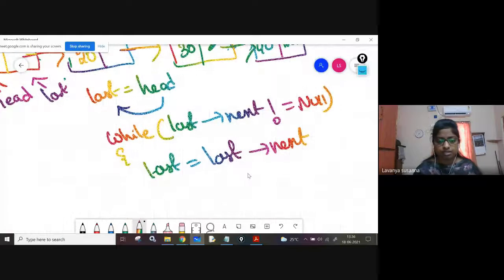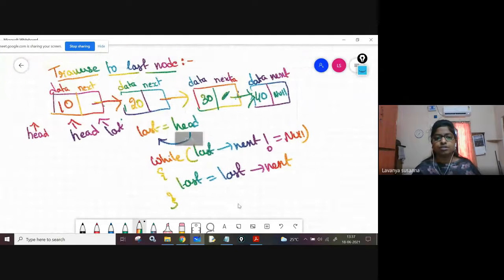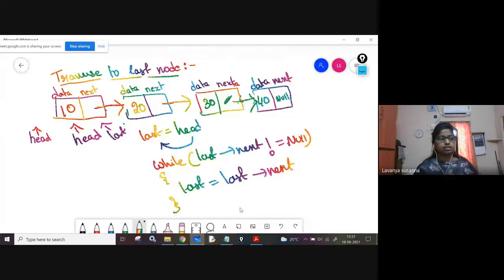This is the logic to traverse to the end. I'm explaining part by part; if you understand this, only then can you understand the algorithm of polynomial multiplication. Is it clear, students? Have you understood how to traverse to the last node?